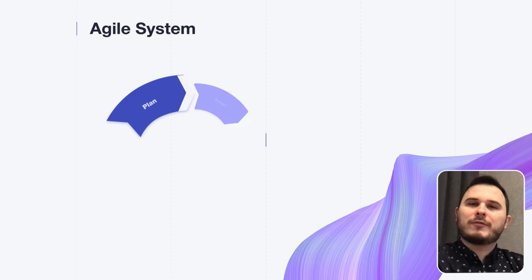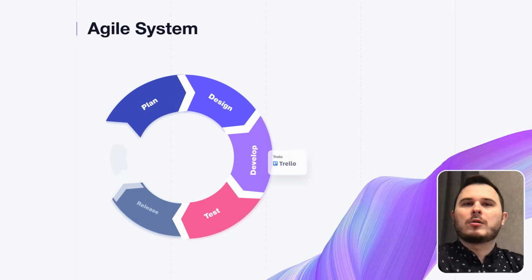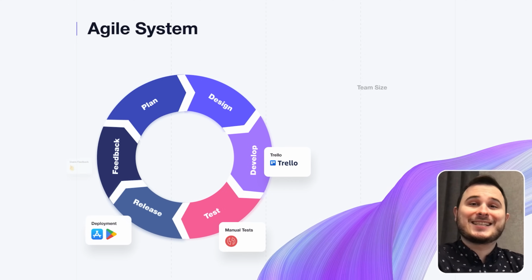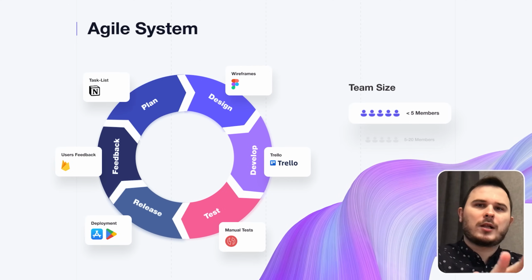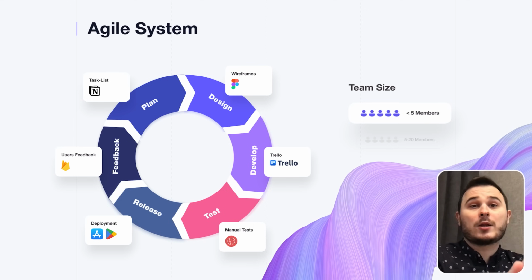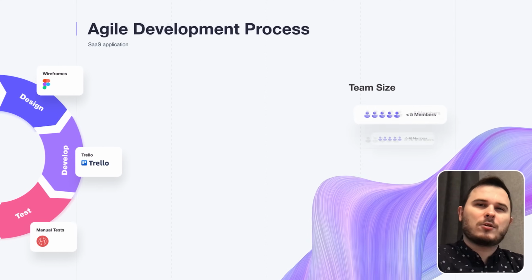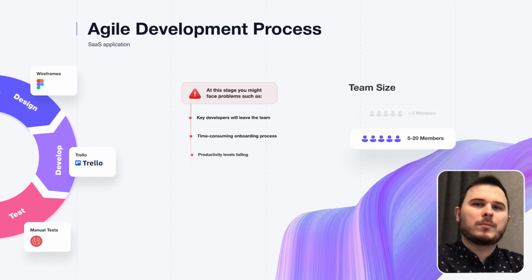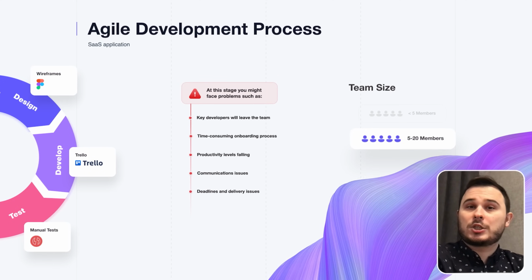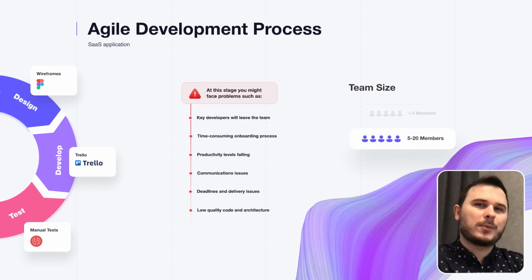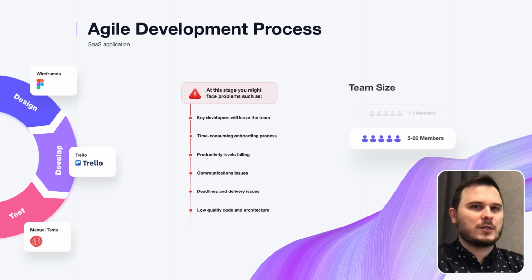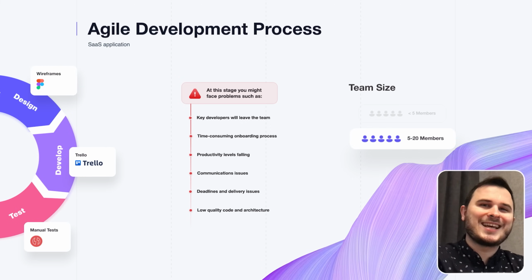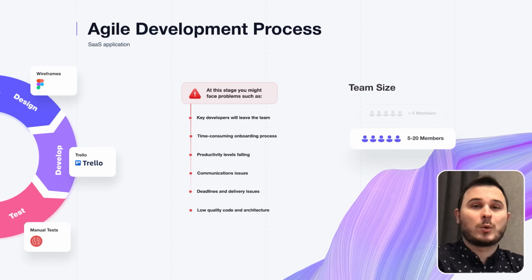Picture this. You have a team of 5 developers who understand their roles, communicate effectively, and have made significant progress in coding the product. They could use simple tools like Trello, Notion, Asana, Google Docs, and quick Zoom meetings. However, as your team expands to 15 or more people, you may face some challenges such as losing your key developers, complex and time-consuming onboarding processes, reduced team productivity, communication issues, missed deadlines, and a decline in code quality and